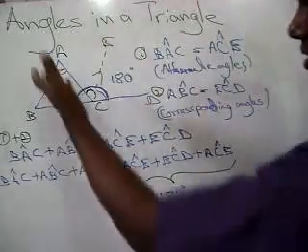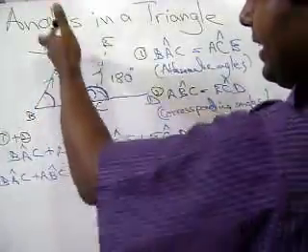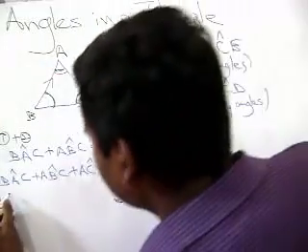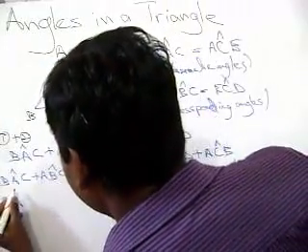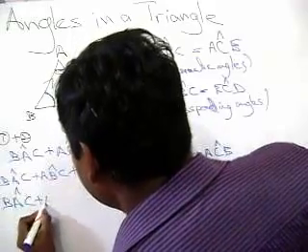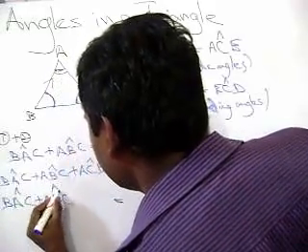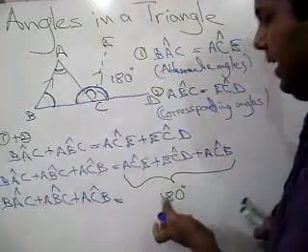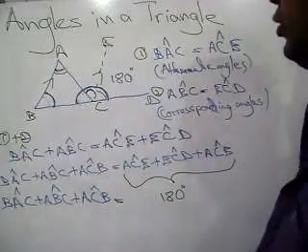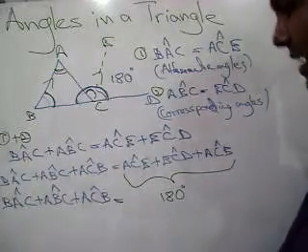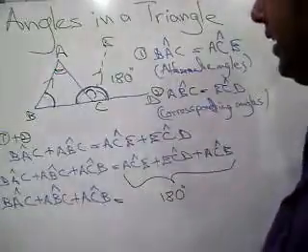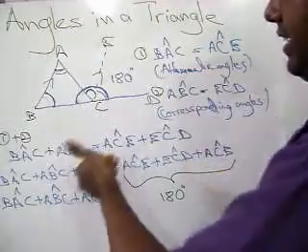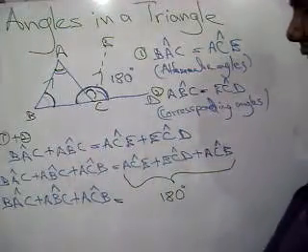On this side of the equation, we have the three interior angles of the triangle. So this side remains the same. So BAC plus ABC plus ACB. So 180 degrees means two right angles or two 90-degree angles. So here we have proven that the interior angles of a triangle, or the sum of interior angles of a triangle, is equal to 180 degrees or